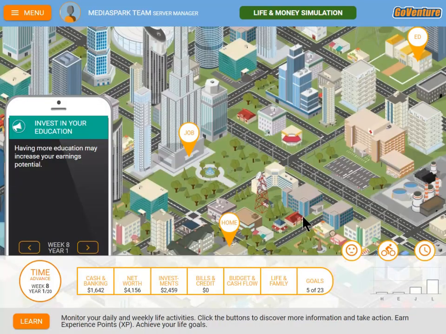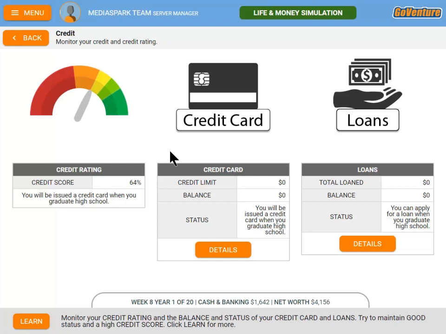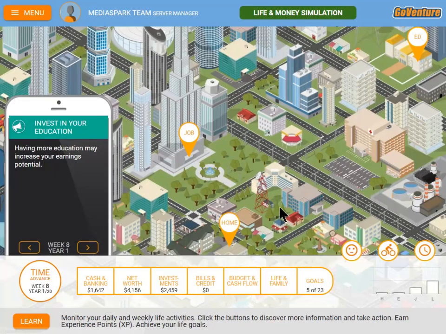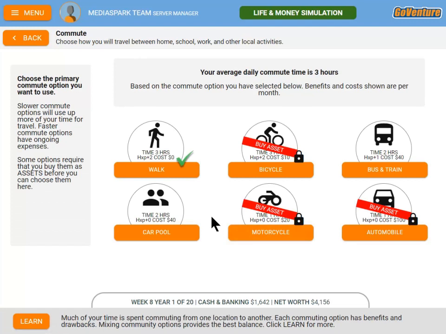Let's go back. And so now we're going to click a few more icons that are here. This is my credit rating. So as I mentioned earlier, if you pay your loans off, your credit card, your credit rating will improve, and you can see the liabilities here that contribute to your credit rating. This is our commuting options.